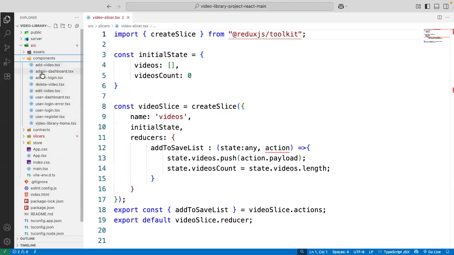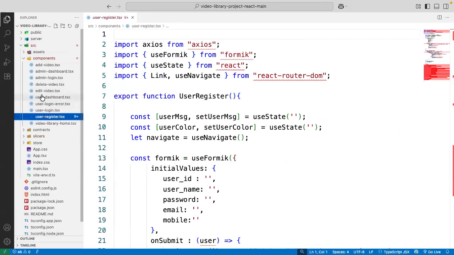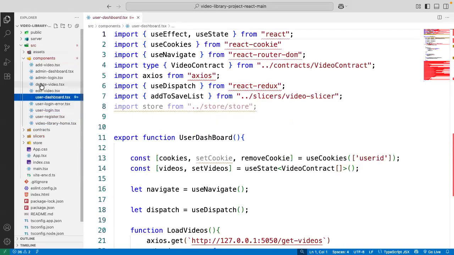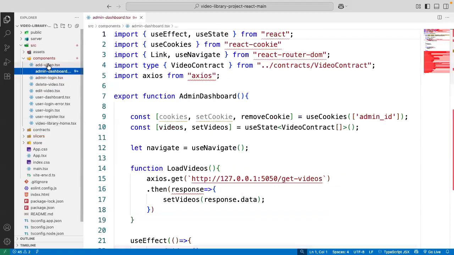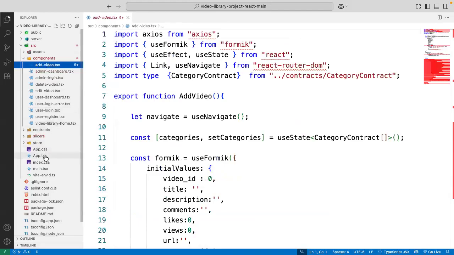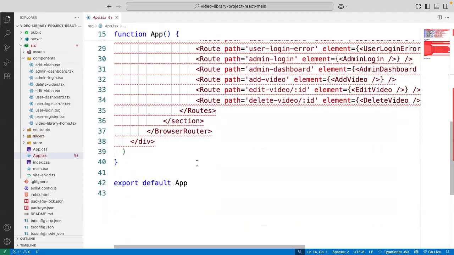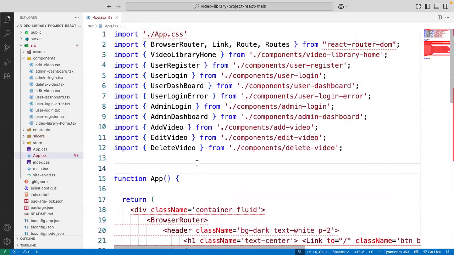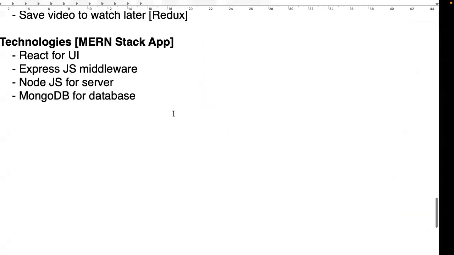Index page will be there. Where is the index page? So video library home, video library dashboard, edit video. So we have app.tsx. In app, all the routers are configured. So I will share this video library project with you, but to run it successfully, you need to install